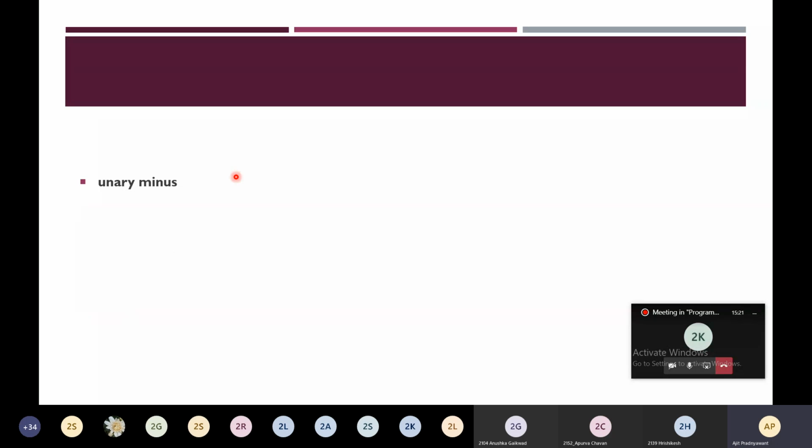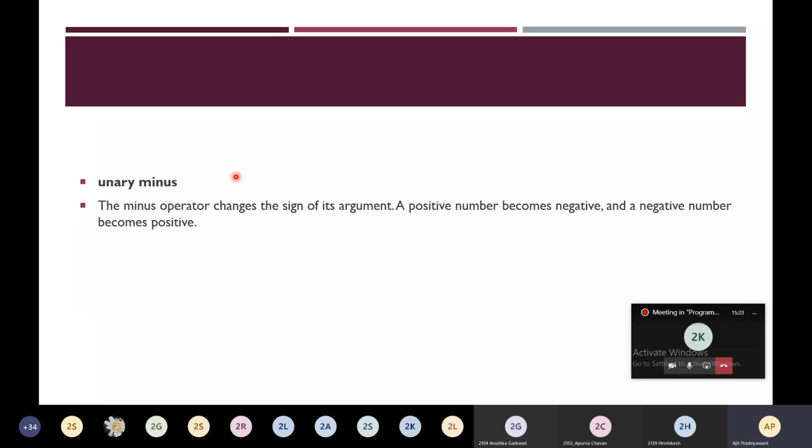For example, unary minus. What it does, the minus operator changes the sign of its argument. A positive number becomes negative and a negative number becomes positive. This is the operation of the unary minus operator. Integer a is equal to 10, and if you have written integer b is equal to minus a, here the minus operator is there and a is the single operand.